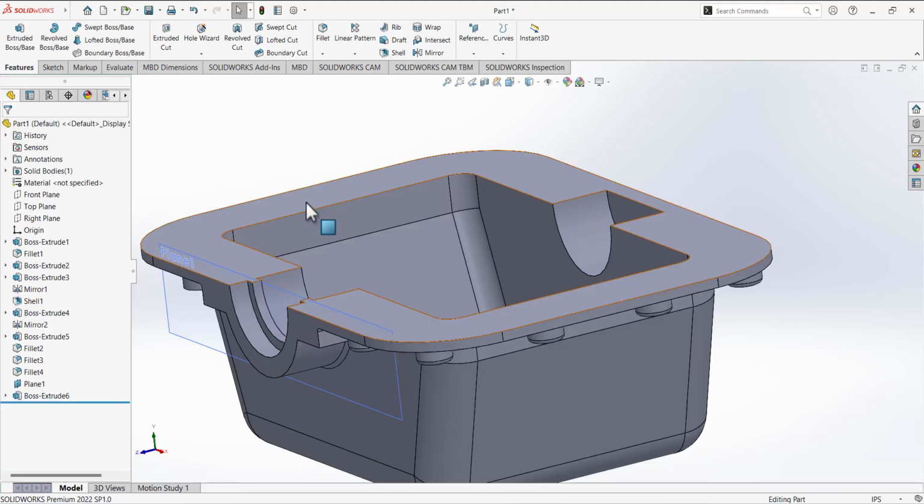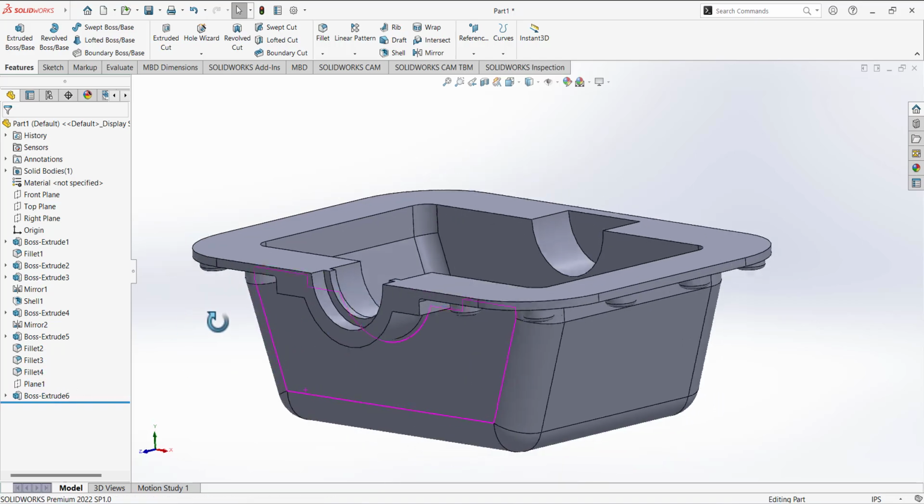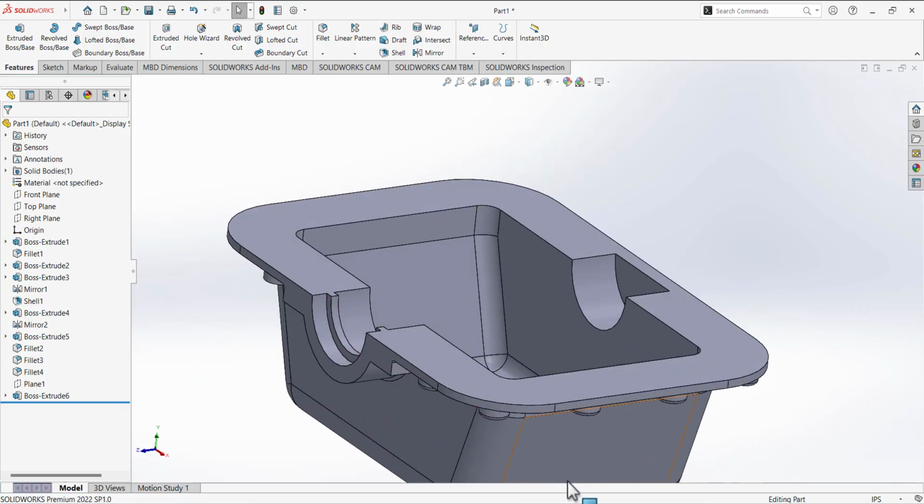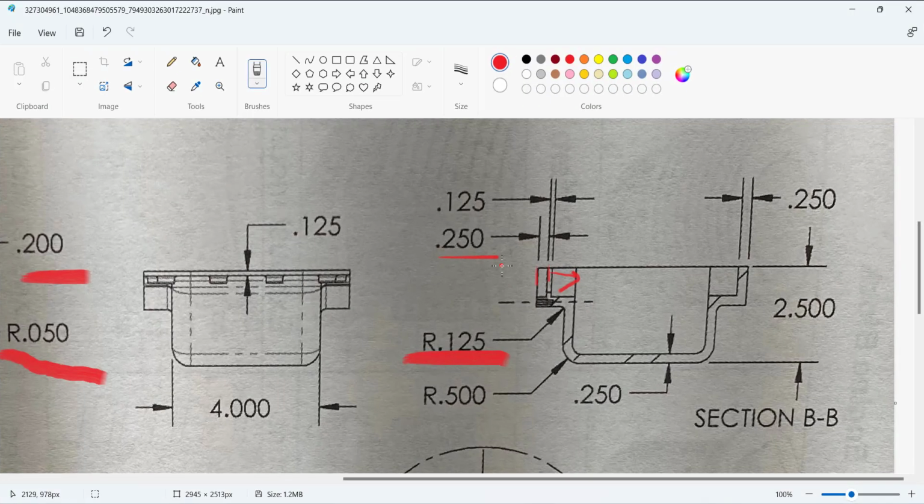Okay, and then just hide this plane. Select this plane, and when this window opens, just click this little eye, and this plane will be hidden. Okay, now most of the work is complete. We only have to make some holes in this